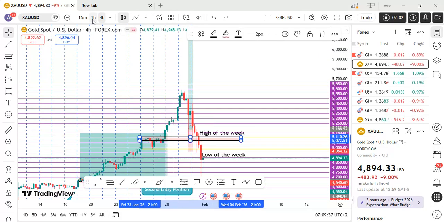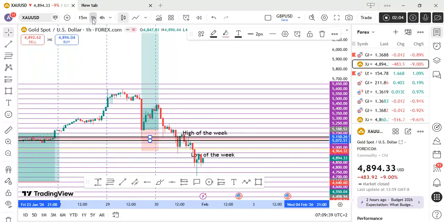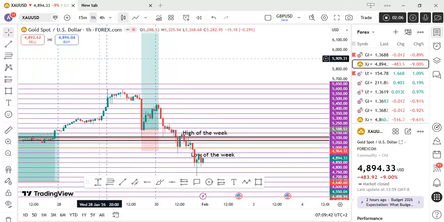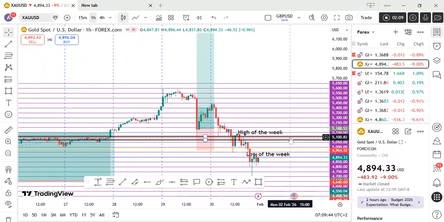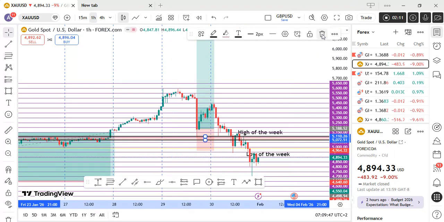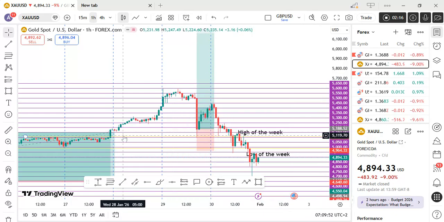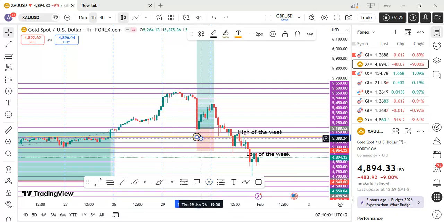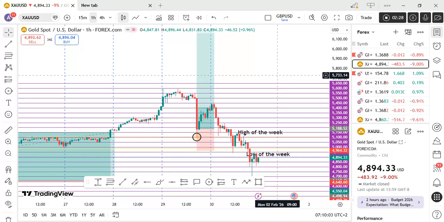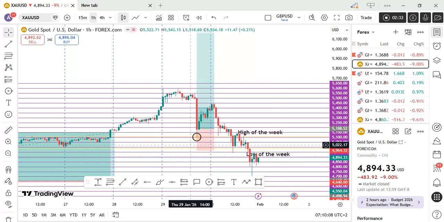So let's jump into the intermediate time frame. You can see it's clearly making sense on the intermediate time frame. From here, you can clearly see that we're expecting a buy, or you can see from this level that price eventually retested this high looking left. You saw price eventually reject off this level. So what did we see? We saw price retest the high of the week. When price got to this level, it pushed back up.